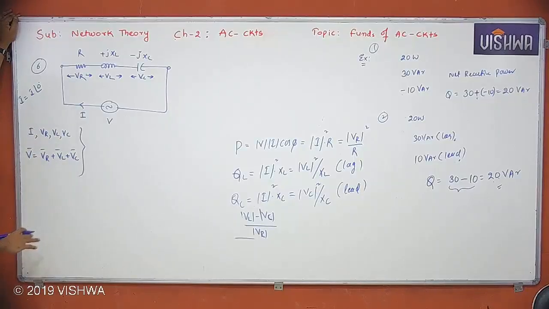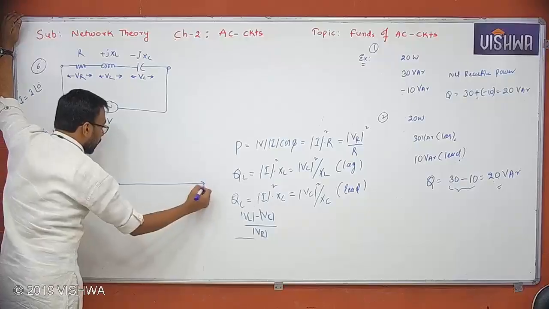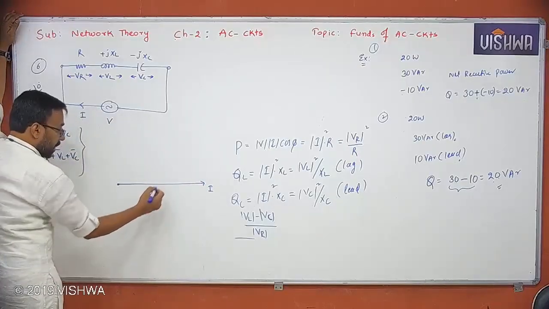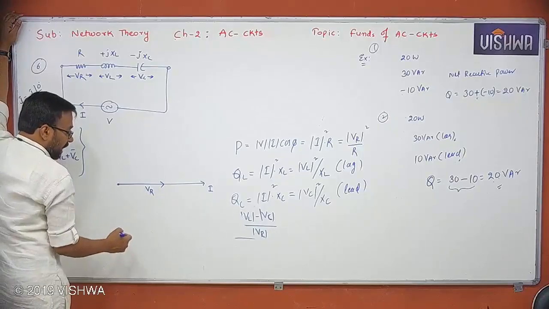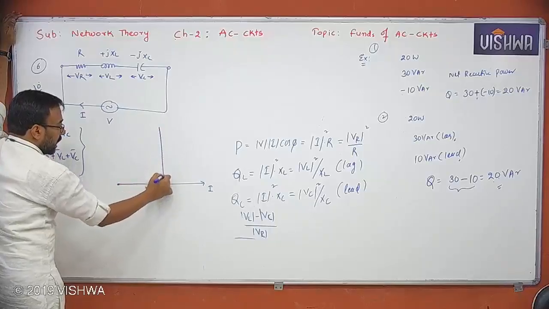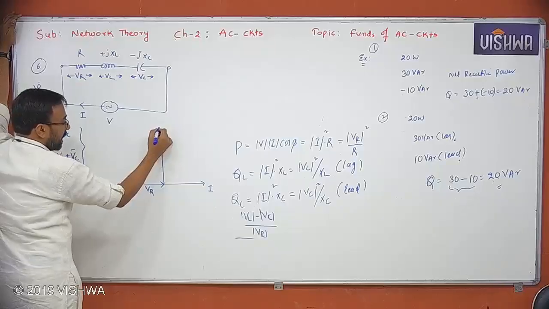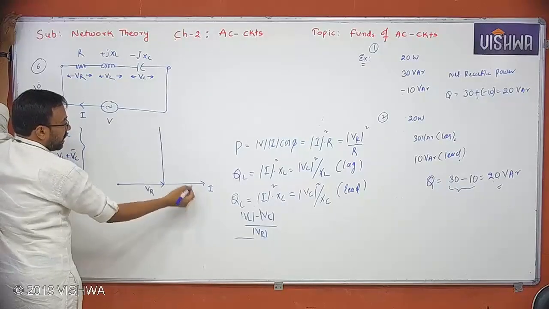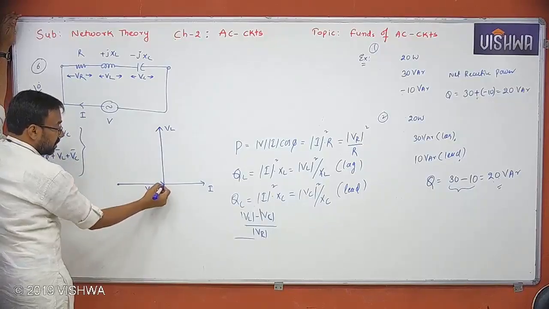First list out all the phasors to be represented, and also write the relation you want to maintain, so that is V equal to VR plus VL plus VC. Then I'm taking I here. Then VR is in phase with I, and I the same. VL leads I, and I am drawing it at the tip of VR because I'm adding these. VL leads I, and I the same. VC lags, that means here,